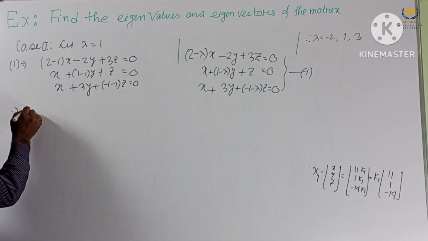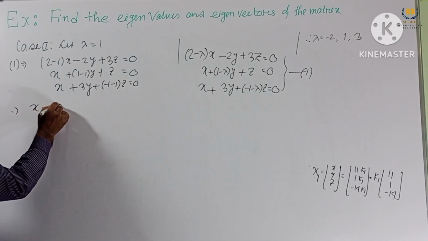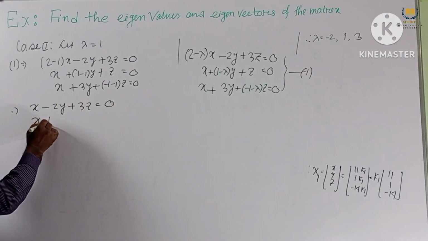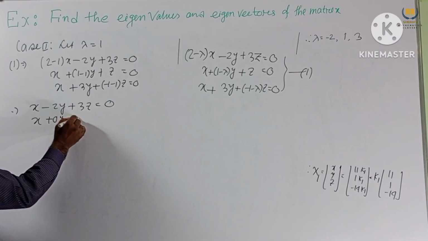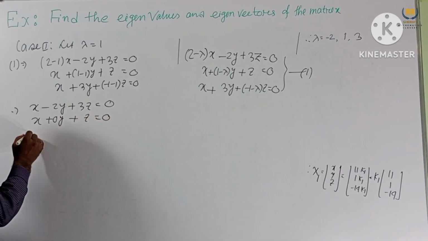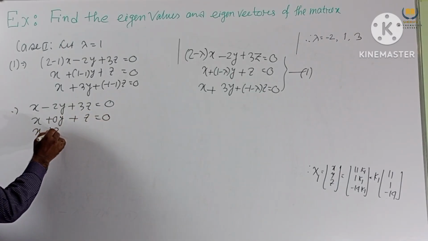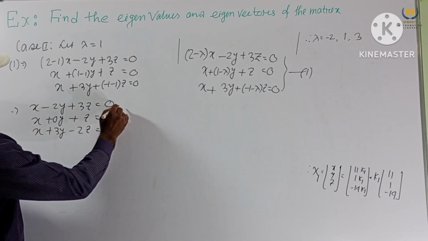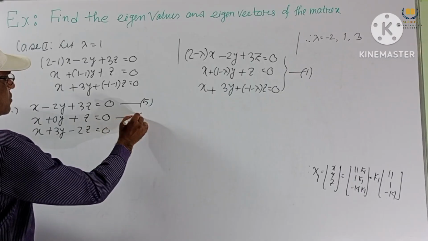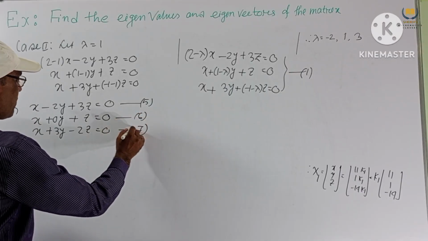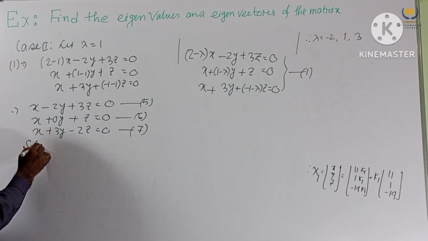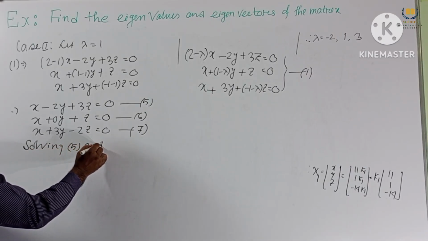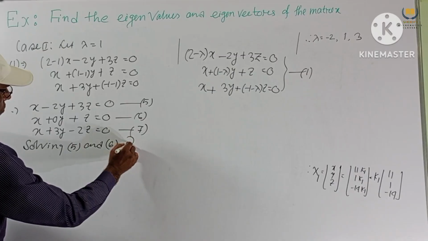So this implies we get x minus 2y plus 3z equal to 0, x plus 0y plus z equal to 0, x plus 3y minus 2z equal to 0. This is 5, this one 6 and 7. Solving 5 and 6, we get